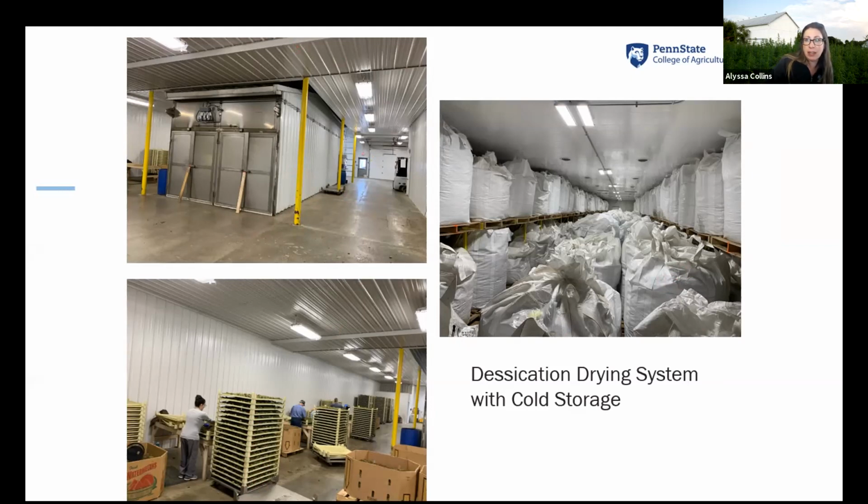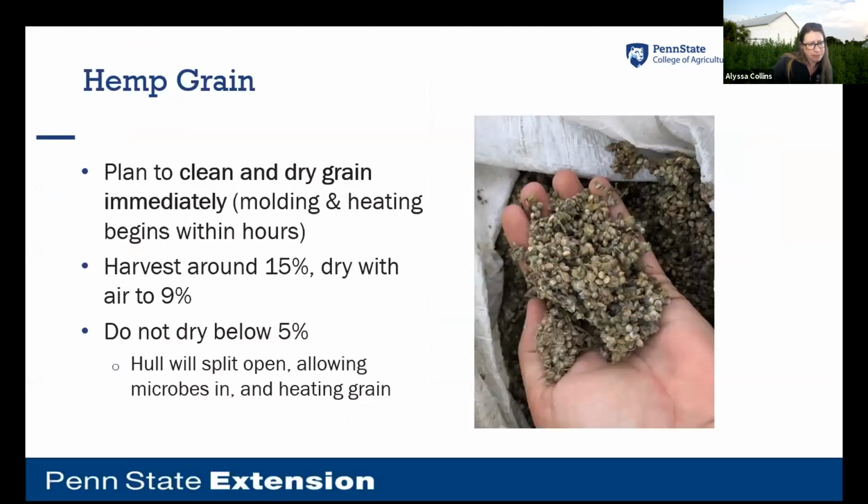But a lot of people I've seen have been using tobacco barns, hanging things up on nets, things like that. Low frills. If it works, that's great. Just keep monitoring. For the grain, the first time I harvested grain, I didn't have anything in the way of drying. And so I put it into these sacks, and this is what I pulled out after one night. This clump of fungus